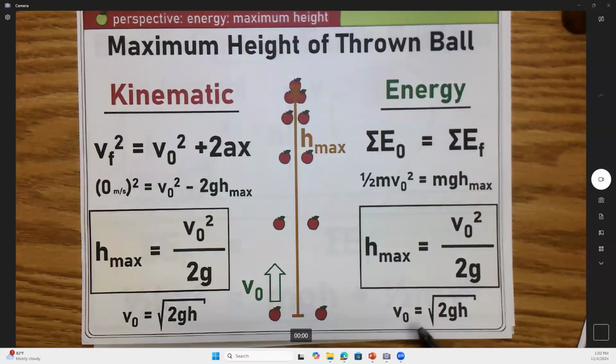Here's height in terms of throwing speed. And then right beneath it, I just rearranged it with algebra to solve for throwing speed as a function of height. But look at that. It's the same as with the old method. The old method, kinematics, the new method, energy. Look, we're getting the same answers. You guys get that too? All right, that's good. Ready for the next one? All right, next one.